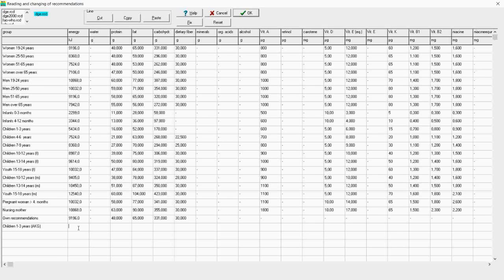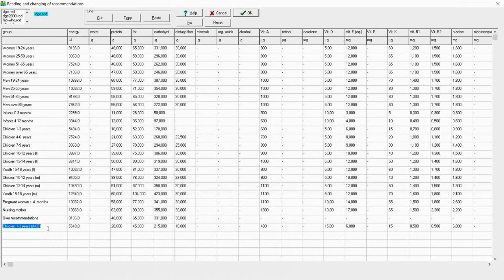Remember to first check the unit for each nutrient and make sure it is the same unit as your reference RDI. So in here, for example, the energy unit is kilojoule. If we look at the AKG or RDI in Indonesia, the energy is represented in kilocalorie. So we need to convert the kilocalorie into kilojoule.